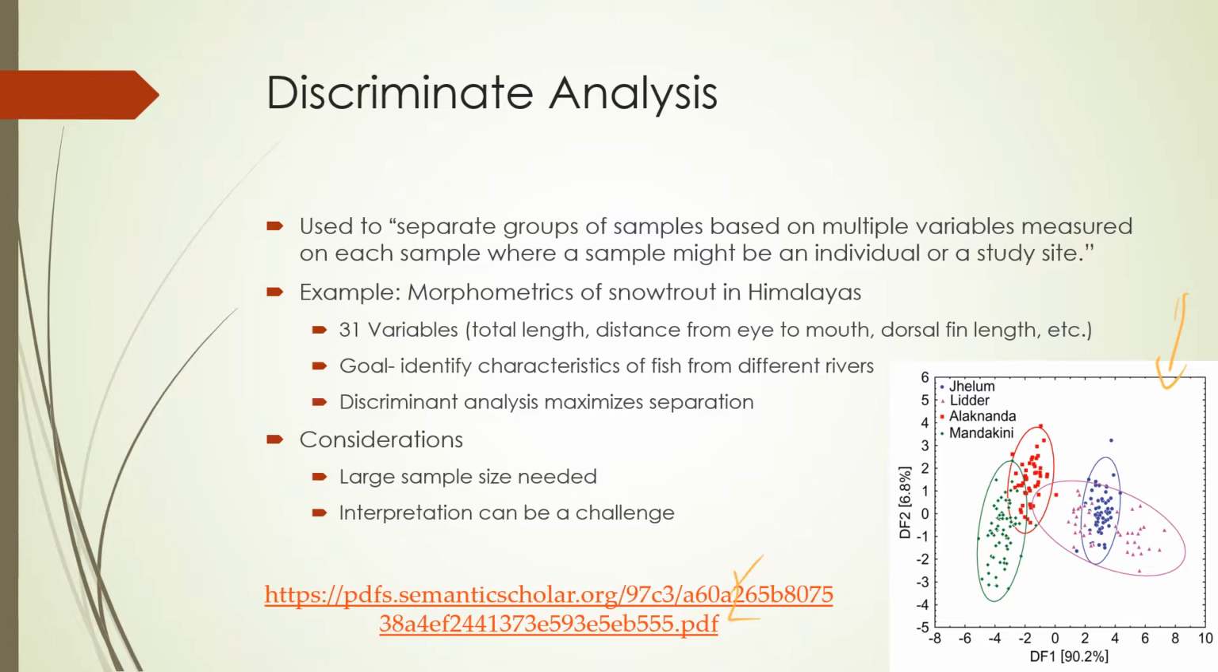So they measured 31 different variables: total length, distance from the eye to the mouth, dorsal fin length, all the kinds of things that people who study fish like to measure. And they wanted to know, was there evidence for consistent differences among the different rivers? And here you can actually see one of the figures from their paper where they did find evidence that these